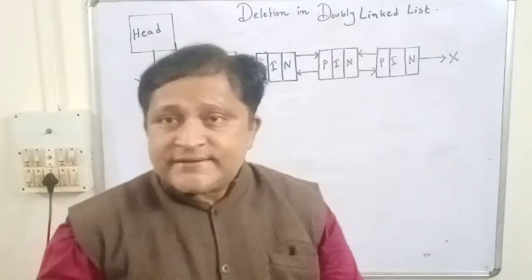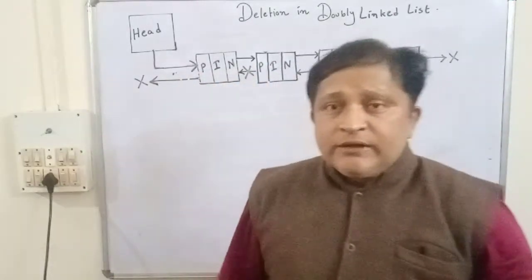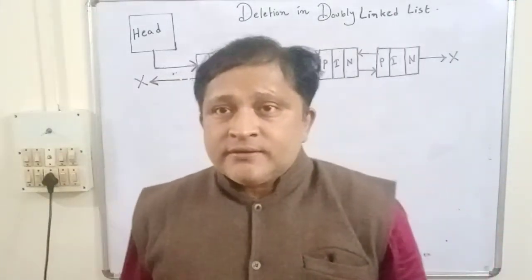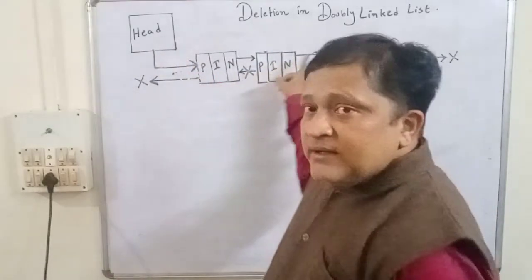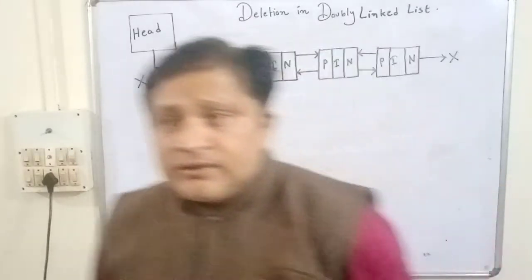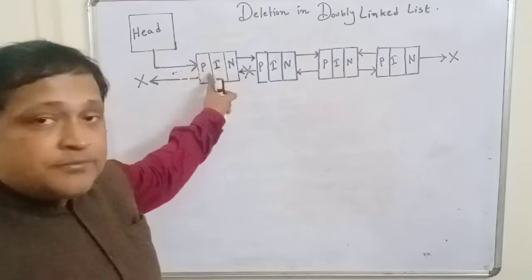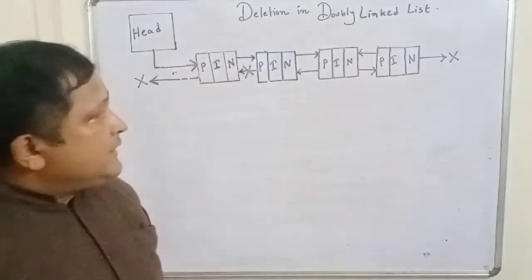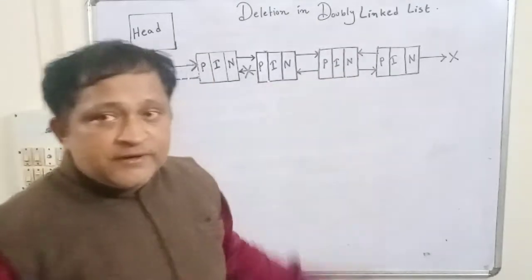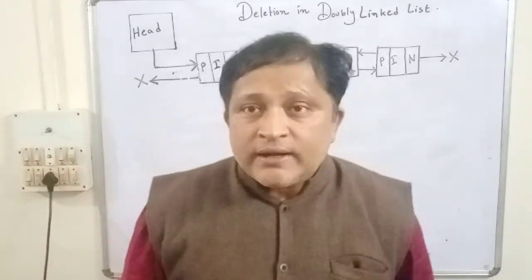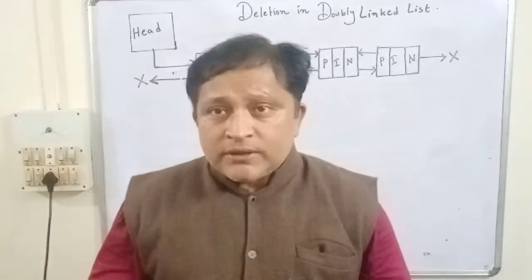Here we have the same figure as we had in the previous video, a sequence of nodes in a linked list where the first node is pointed to by head and there is a sequence of nodes connected to each other in a bidirectional way. Each node has three parts: previous, info and next, where each given node's previous pointer is pointing to its previous node, the next pointer is pointing to the next node, and the info part holds the data element of the particular node.